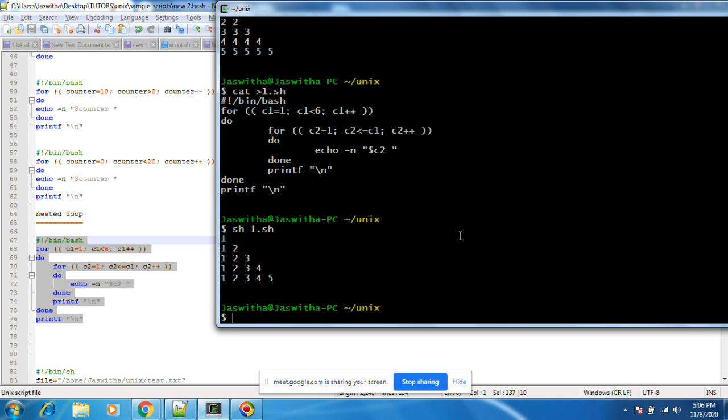You see, 1, 1, 2, 3, 1, 2, 3, 4, 1, 2, 3, 4, 5. Yeah, this is called printing triangles.